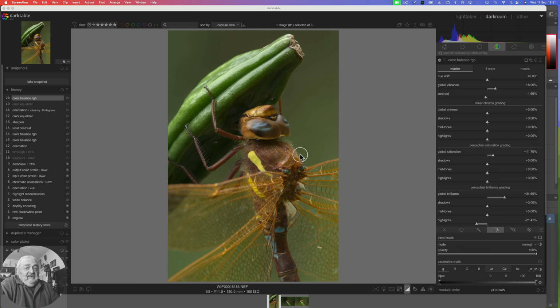Okay, and today we're going to be looking at something inside Darktable, and we're going to be looking at a couple of raw files, both of them macro dragonflies, and we're going to be concentrating on doing a start to finish process in just one module, and that module is Colour Balance RGB. Yes, the best utilitarian module inside Darktable, if you ask me,